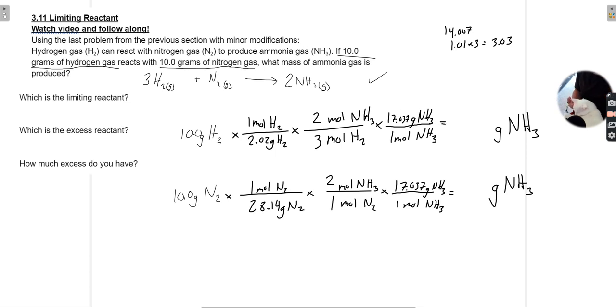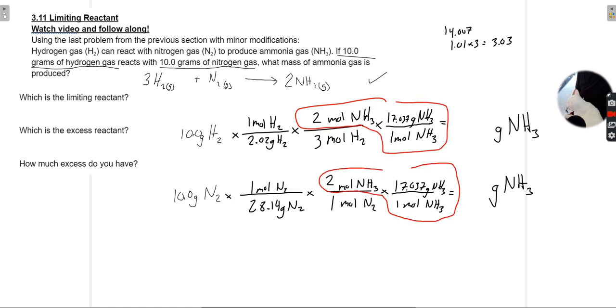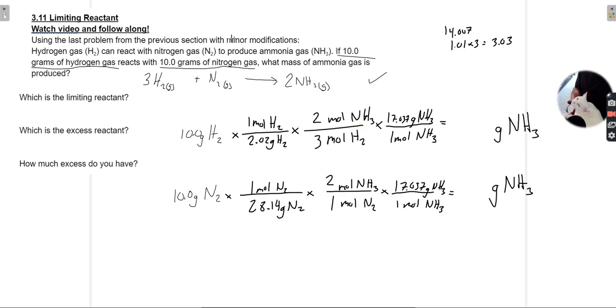So the second half of the problem, I don't know if you notice, is the exact same thing. All right, the exact same thing, and it always will be. All right, now let's do the math for both. Start off with 10 grams, divide by 2.02, multiply by 2, divide by 3, and then multiply by that